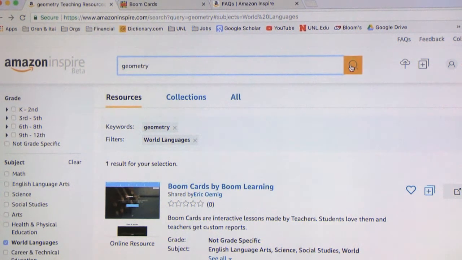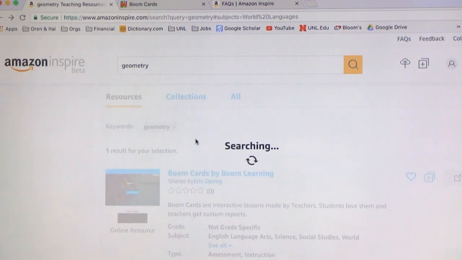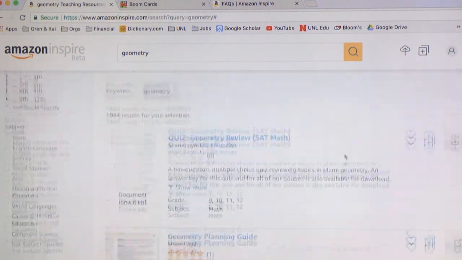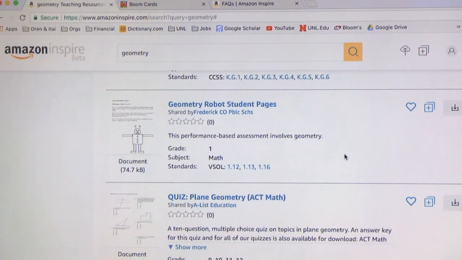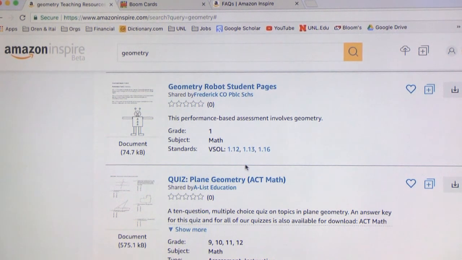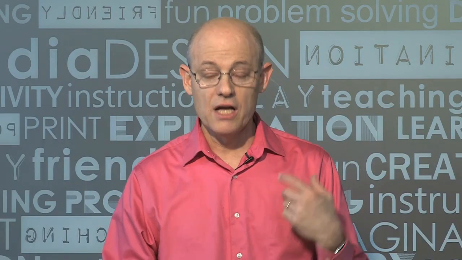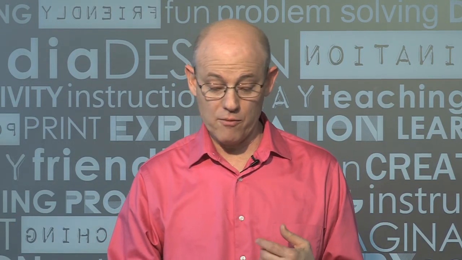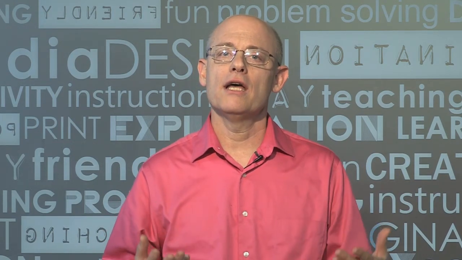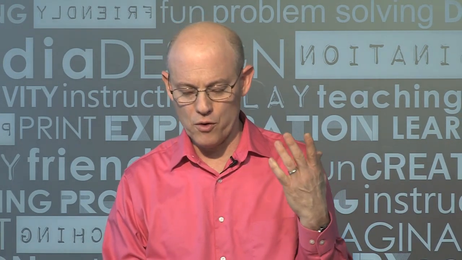I'm right now doing a search on geometry, so let's see what comes. Let's take the word languages off, and you can see that first of all, lots of resources come up. One of the things that I like is that standards come up with it. So people who are uploading these tell you about the grade, tell you about the standards that come with it. Obviously, it comes from different states, so it might be actually standards from other states. I think the correlation is not that hard, and if there's Common Core, it'll work. Nebraska doesn't do Common Core, but there's enough of an overlap where you can identify if it's going to be helpful for you or not.